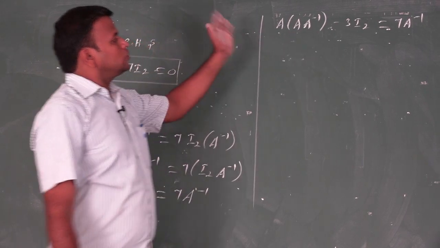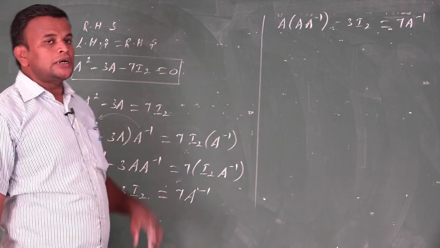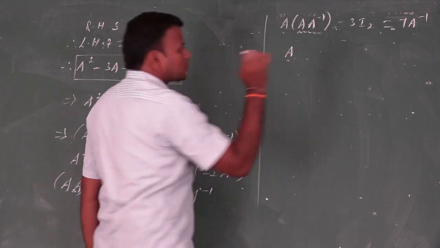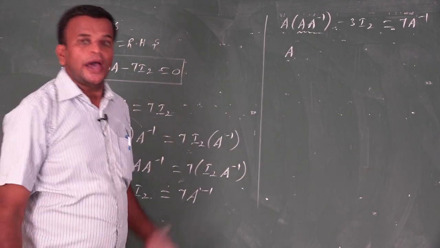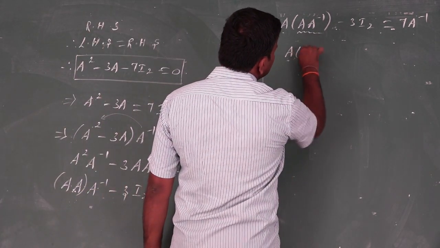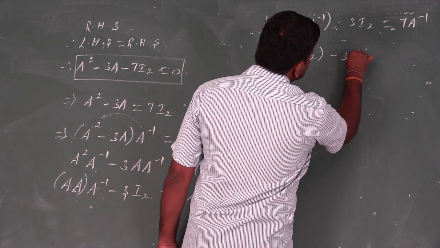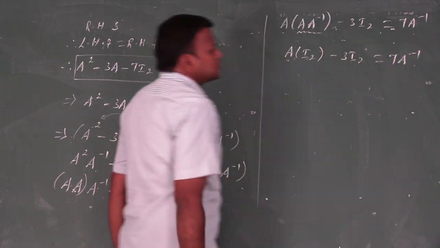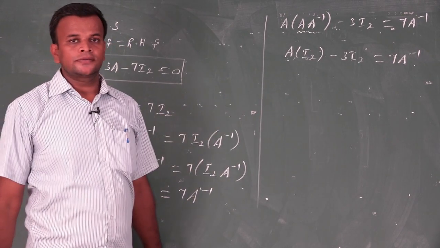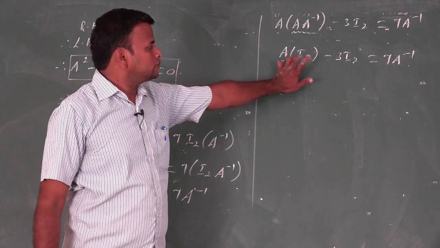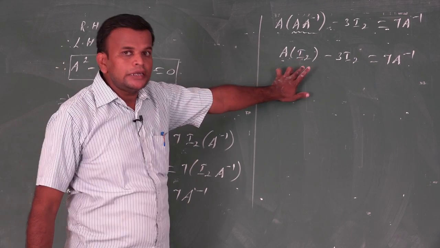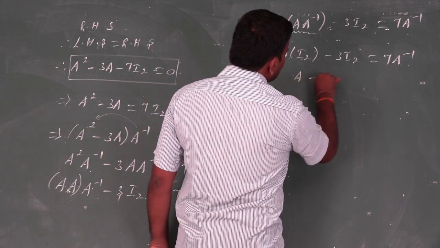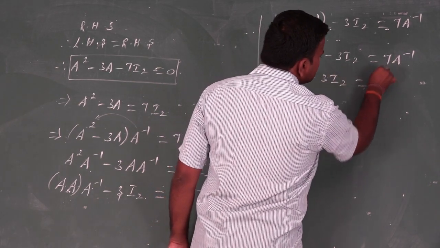What is the reason to use the matrix associative here? The value of A into A inverse is identity. So A into I2 minus 3I2 is equal to 7 into A inverse. What is the value of A into I2? I2 is the identity matrix. So A into identity matrix is always A, minus 3I2 is equal to